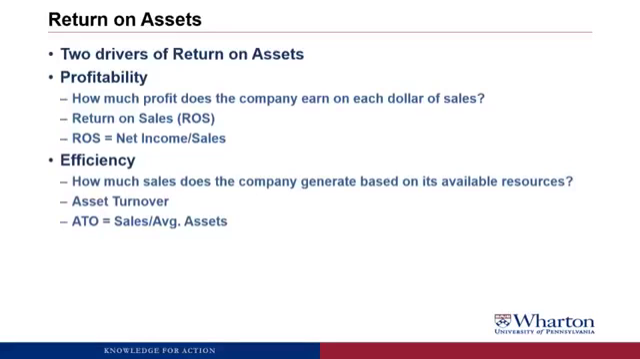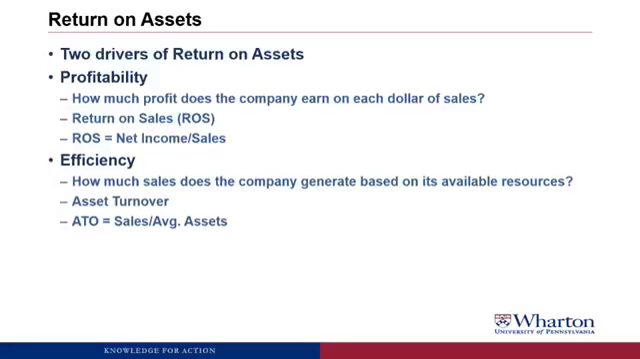The other driver is efficiency. How much sales does the company generate based on its available resources? In other words, how efficient are managers at taking their assets and turning them into sales? So here the ratio is going to be called asset turnover, which is sales divided by average assets. So for each dollar of assets in the company, how effectively do the managers turn that into sales? Now I'm going to go through an example where we'll talk about these more in detail later, but first we have to do a little complication